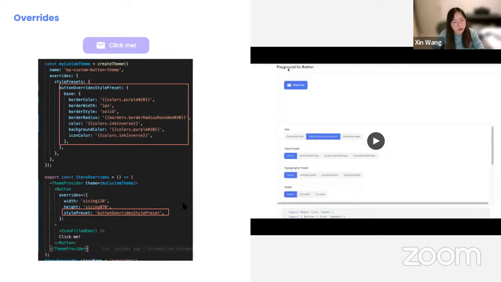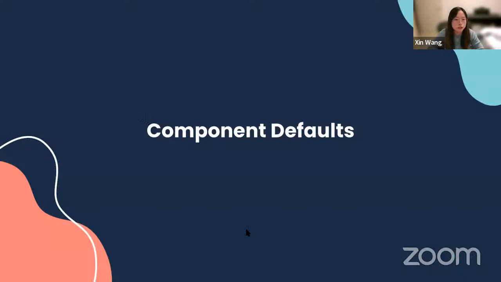Cool, so that's how you can say that now it has a purple background, which we don't have in NewsKit. That's basically how you can customize a single instance of that button component. It is great, but what it doesn't allow you to do is modify every instance of a component in one location. And this is where our next one, component defaults, comes in.